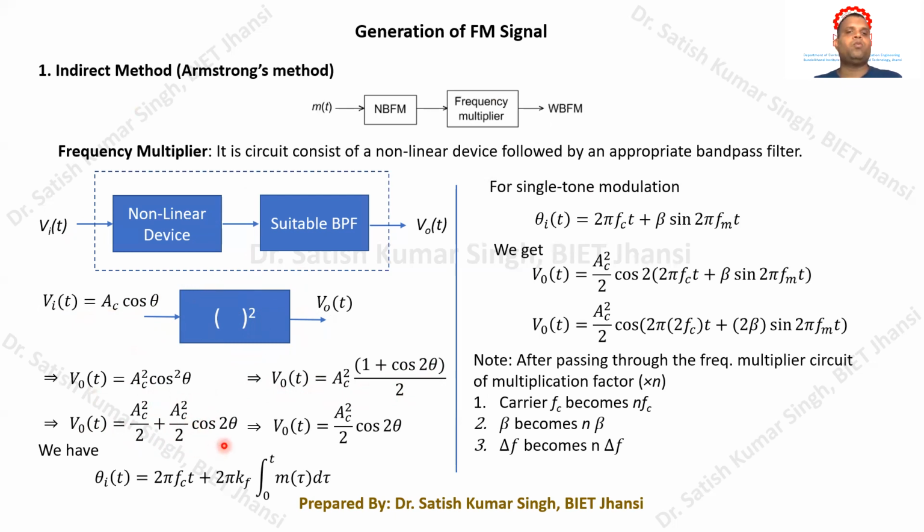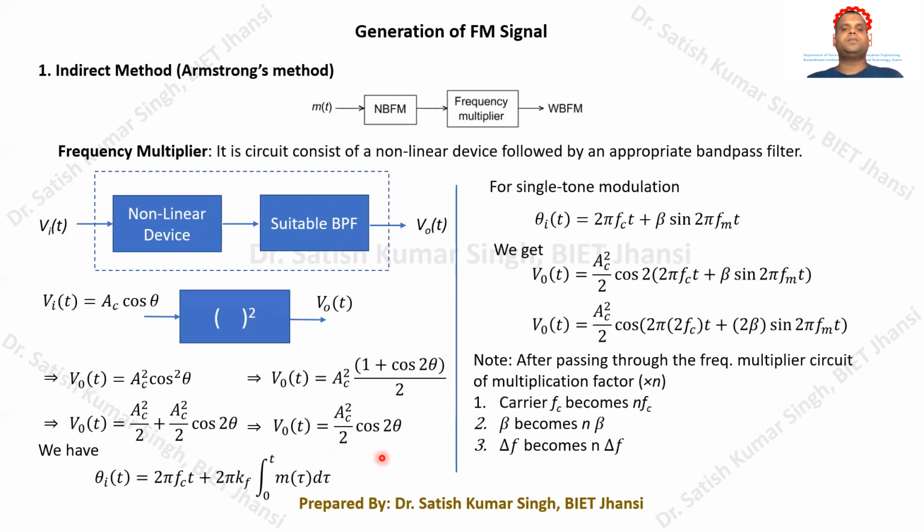After passing through an appropriate band pass filter, we can filter out the DC term and retain only this particular term, which contains the frequency term cos 2 theta. So our final output can be this, after passing through an appropriate band pass filter and eliminating all the other non-desired components. We only have to pass the desired component by designing a suitable band pass filter, and then we can select only the desired component that we want.